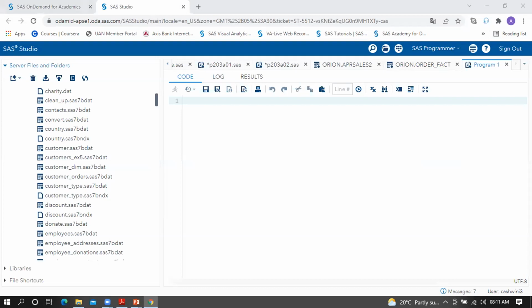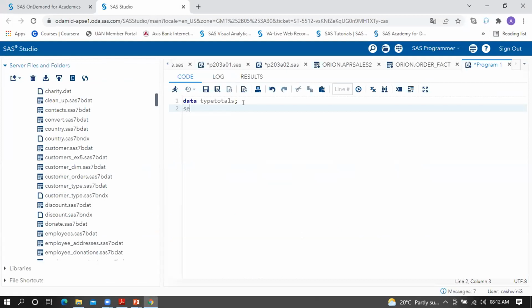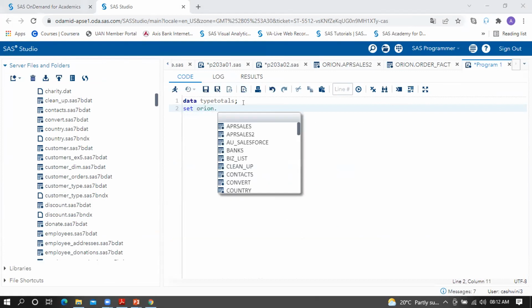Ashwini? Yes. I couldn't see anything, so I wanted to know what we were doing in program one. So we were creating accumulating totals, right? Now I can see. Yeah, I got it. The input table we are going to use is